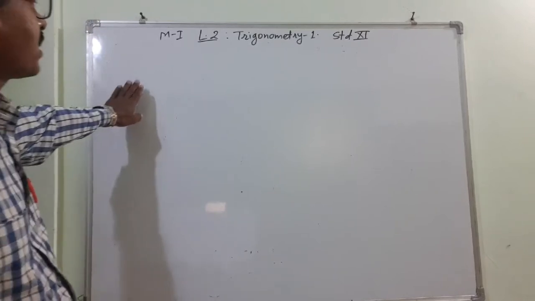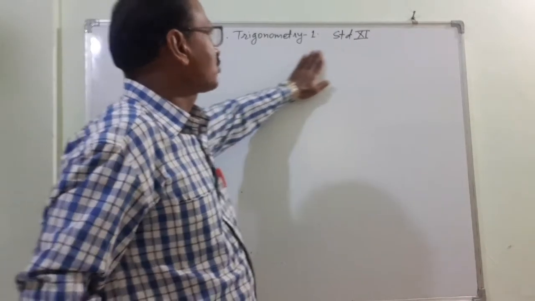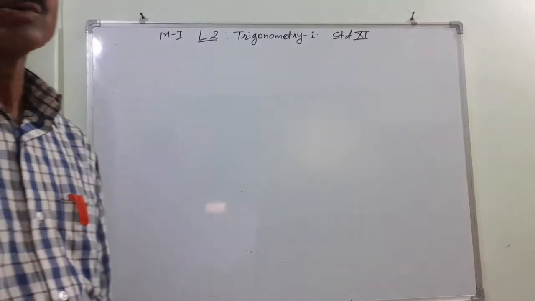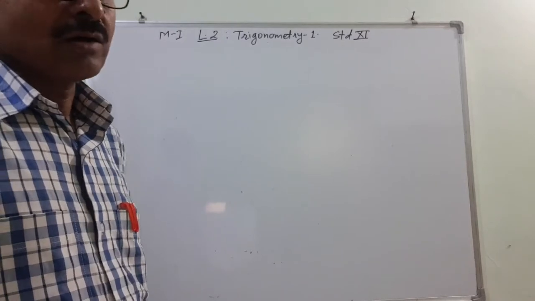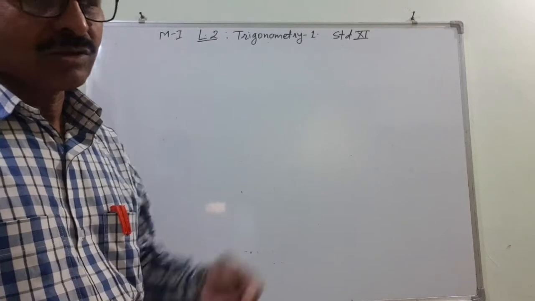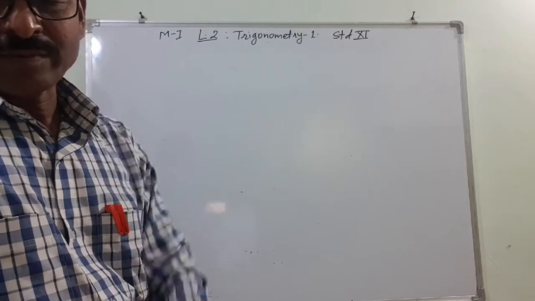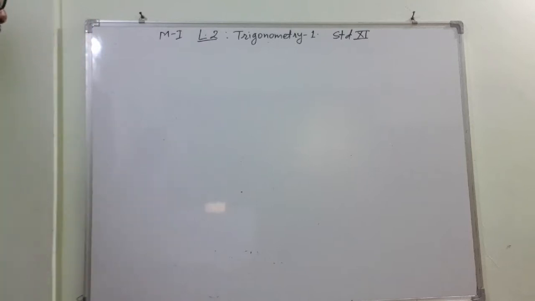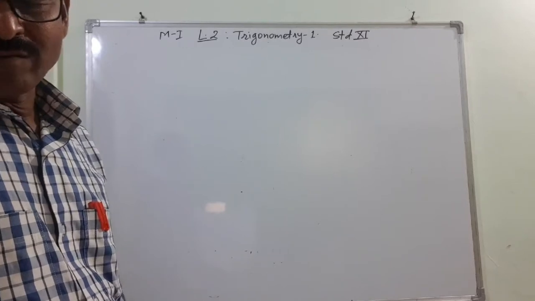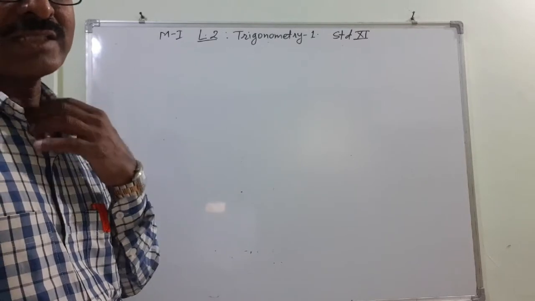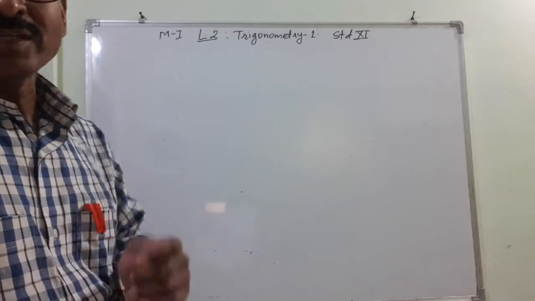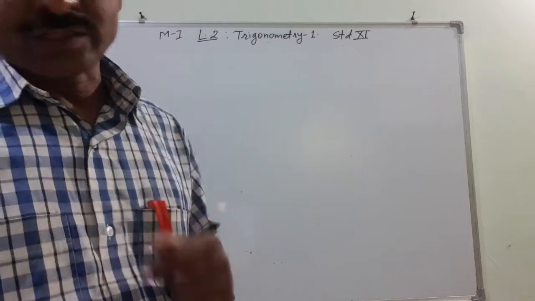The maths one topic trigonometry that I am going to start, that is lesson number 2 I am going to start. Lesson number 1 is similar to your earlier standards 9th and 10th. On that, what is this radian measure, conversion into the radian, all those topics, while teaching itself it will be clear. So I am not going to go in much detail of lesson number 1 of maths 1. So trigonometry 1, from that I will start, and these lessons are very essential in the derivative also, in integration also, and in limits also. Next year you are going to use all this.